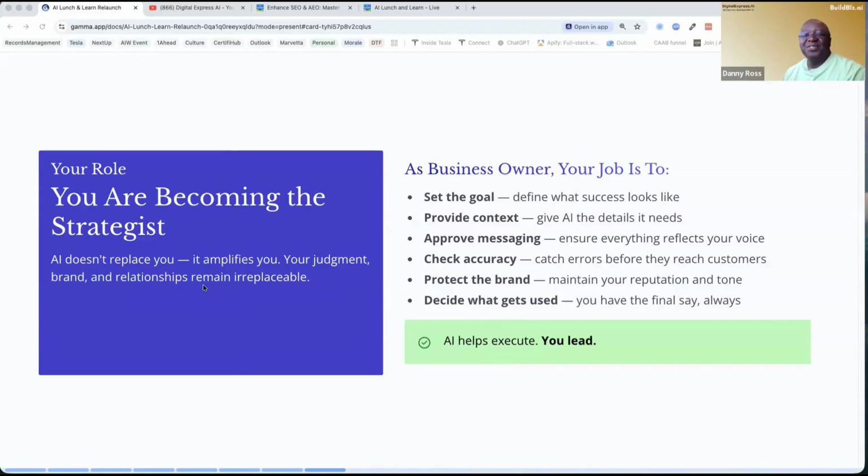So you're going to become a strategist. The concern everybody has is, is AI going to replace me in my job? Generally speaking, we don't want to look at it that way. What we want to look at is that AI is going to enhance whatever it is that you're doing. Is there some reality that you may have to adjust to incorporate AI? Sure. That's also a reality.